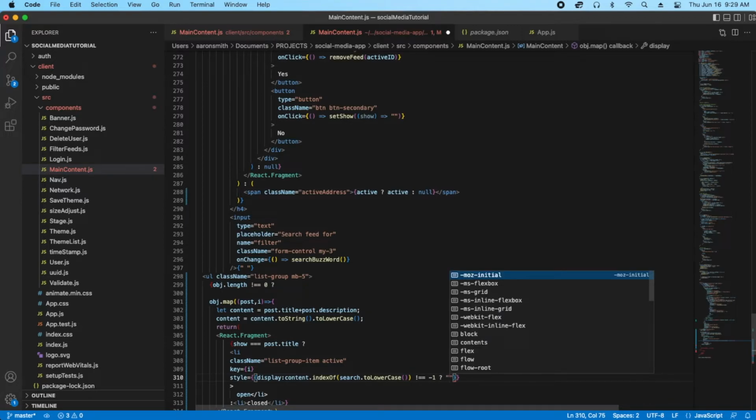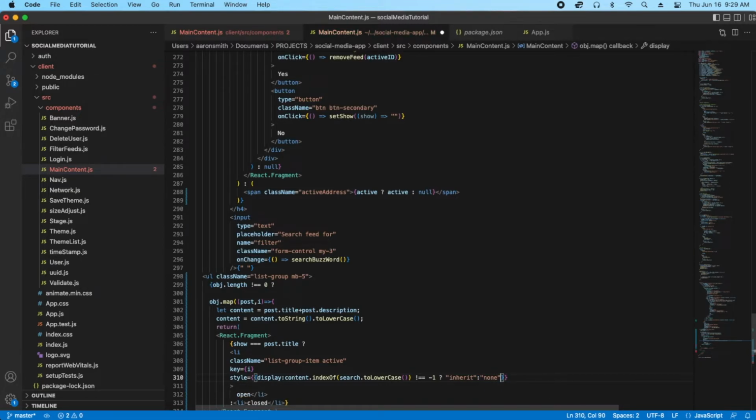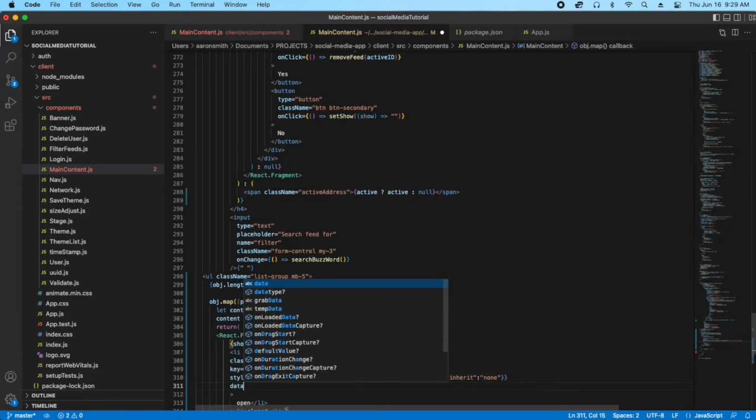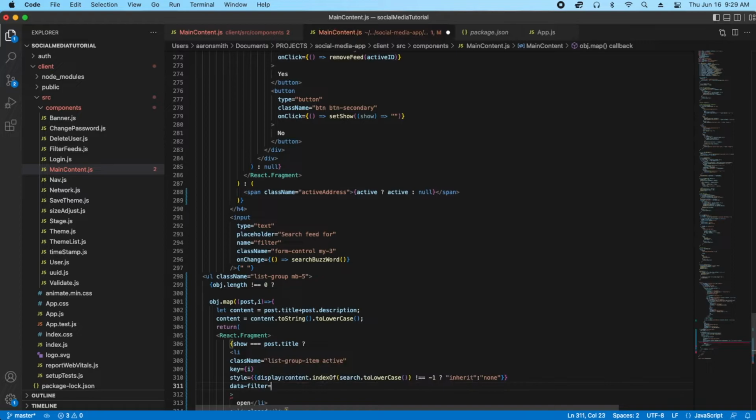So if it doesn't equal -1, we're going to go ahead and show it. If it does equal -1, then we're going to hide it. Data filter. This is going to come in handy. We're just going to do an iteration